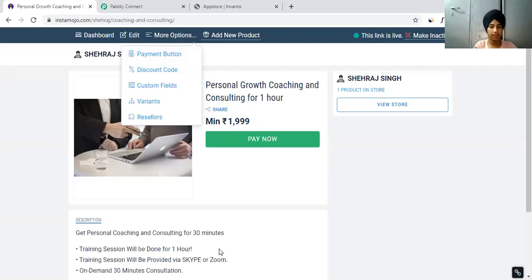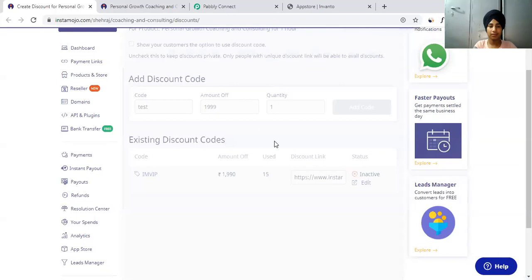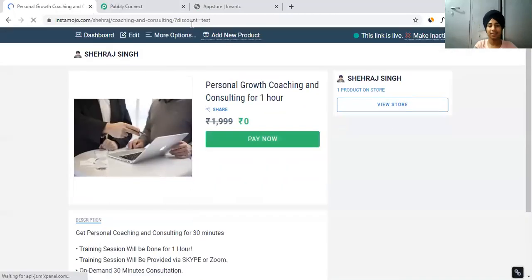Coupons. Let me generate a coupon with the name of test. How much discount do I want? 199. I will set quantity to one, because I don't want you guys using it and having a call with me.